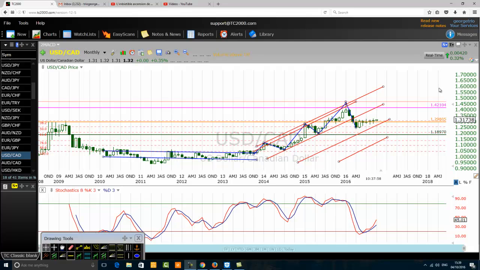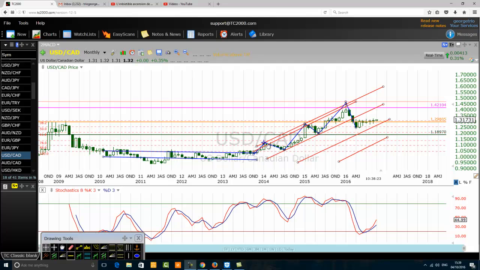Good morning, traders. Today we want to discuss market forecast using a zigzag pattern with precision. All right. So we are on a monthly chart of the US dollar, Canadian dollar, and we have seen